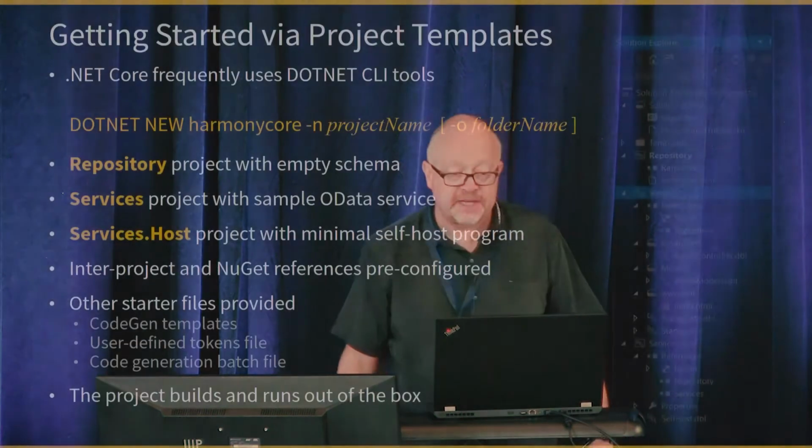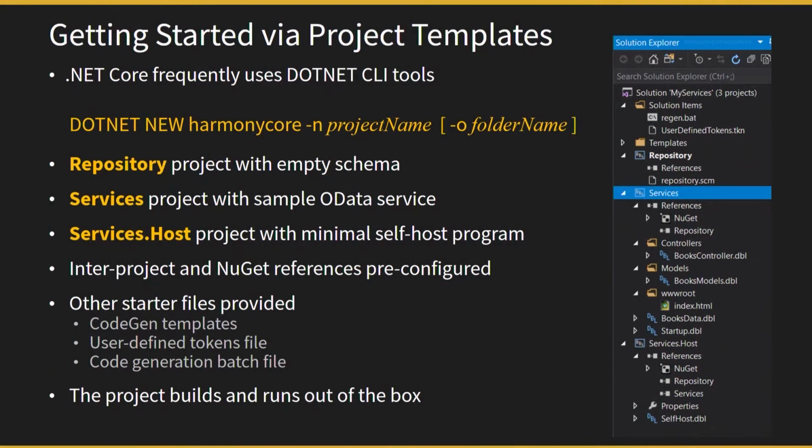When you do a .NET new Harmony Core, all of the CodeGen templates currently are included in that project template. Jeff mentioned we're looking at improving that mechanism as soon as we can. But if you do it manually, then you'll need to go off to GitHub and pull the latest copy of the templates. So getting started via project templates, you're going to do something like .NET new Harmony Core -n lets